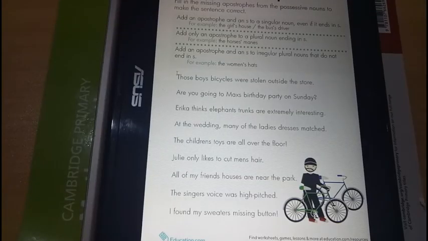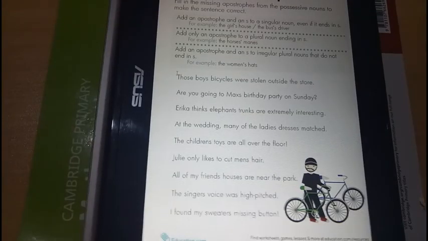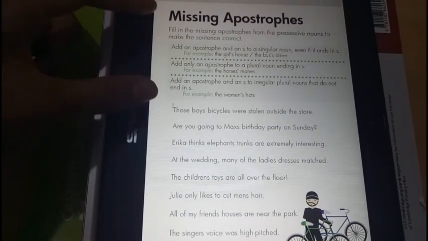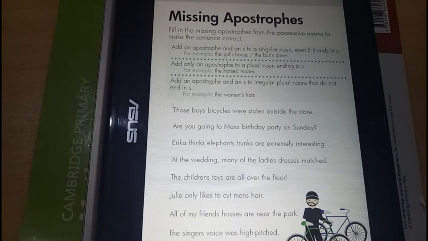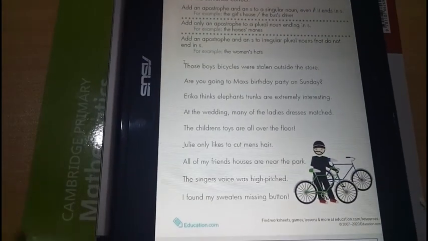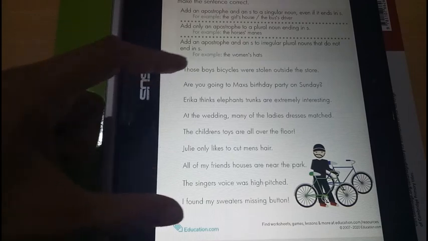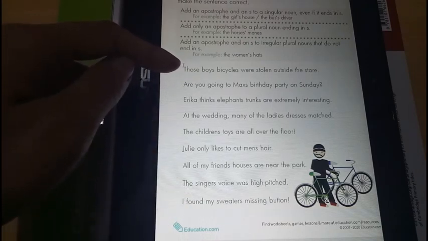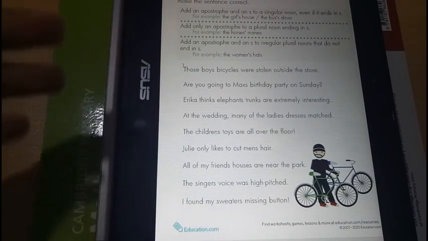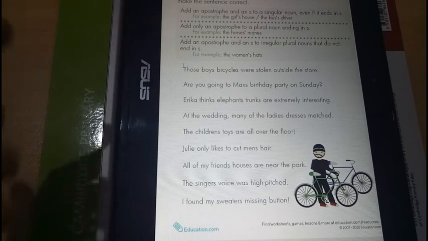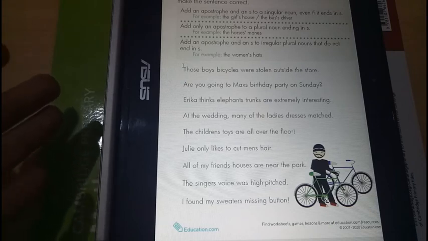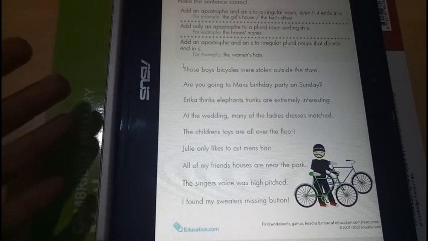For your activity number 2, it looks like this. You will have a copy like this. Again, the meaning and the usage is also here, but you already copied the meaning earlier, so it's fine. So the activity looks like this. We have the first sentence. What you need to do is you're just going to add the apostrophe. Where do you need to add the apostrophe? So always ask yourself, what are we talking about? And who